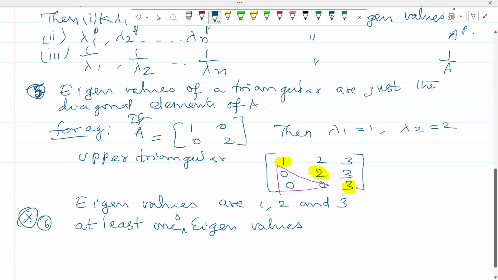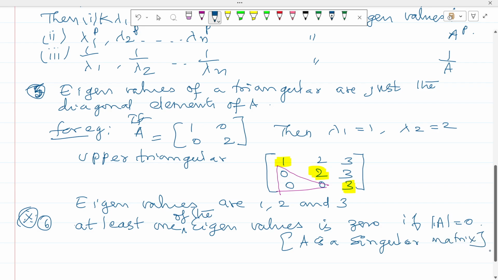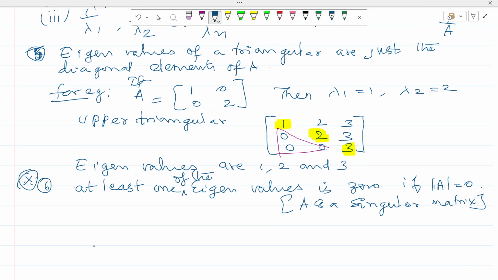At least one of the eigenvalues is 0 if determinant of A equals 0. That means A is a singular matrix. Okay, so you have to remember all the properties of